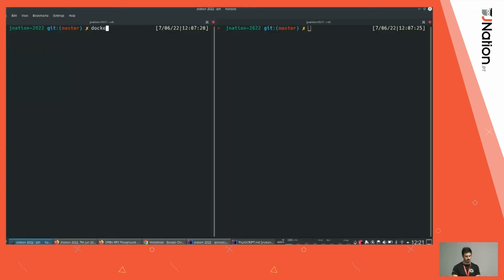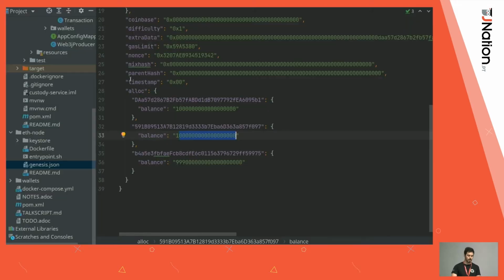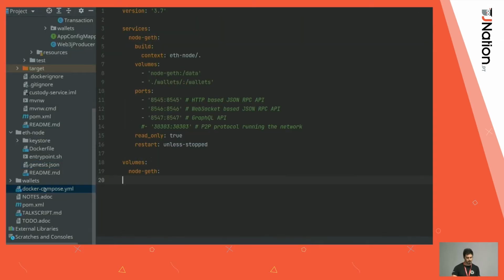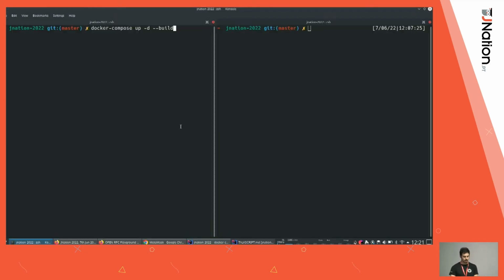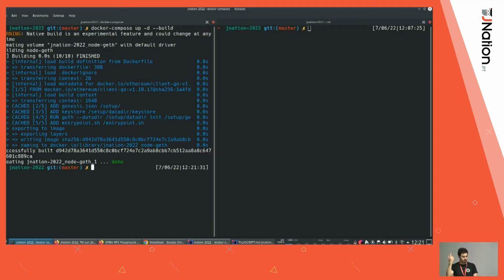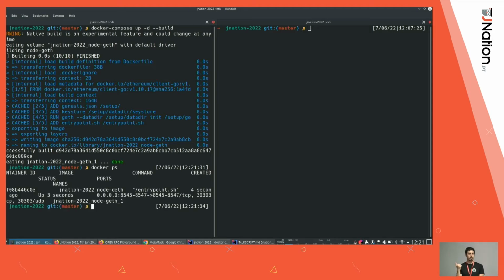Let's see how. Oh, by the way, I have a Docker Compose here just to make things tidy. Here, we have our port that we will use. We will use an HTTP JSON RPC interface to connect to our node to interact with it. So I'm here exposing that port, 8545. Running it, I'm just building it for the sake of it. We can see that it is indeed running. And if we look at